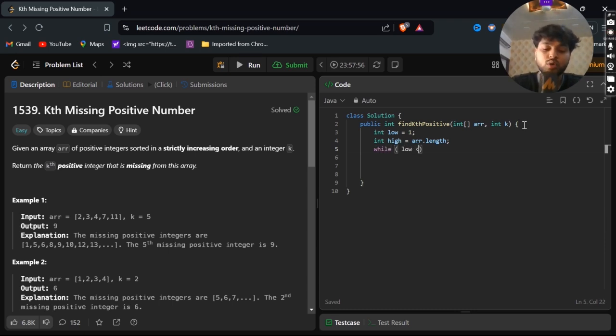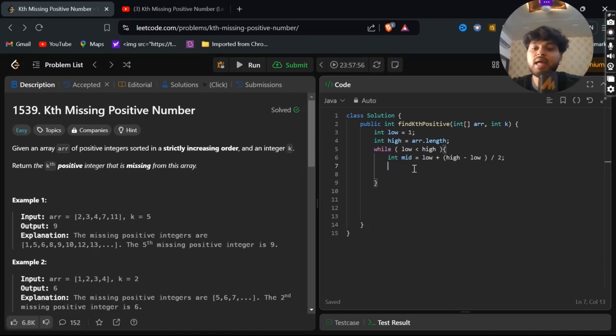After that, I'll use a while loop. While low is less than high, in that case I'll make an int mid variable. How will I find mid? Int mid equals low plus (high minus low) divided by 2. After that, I will give a condition.